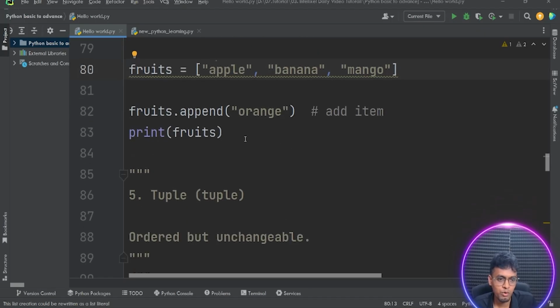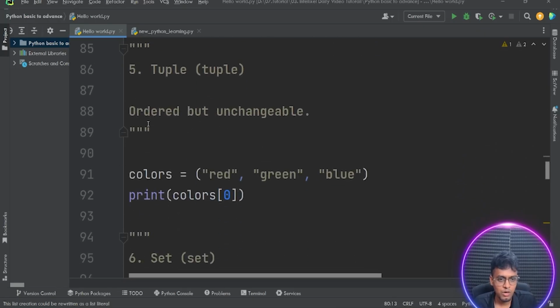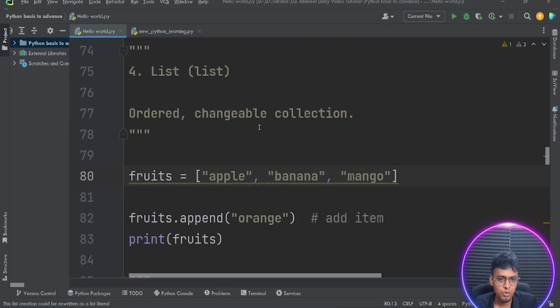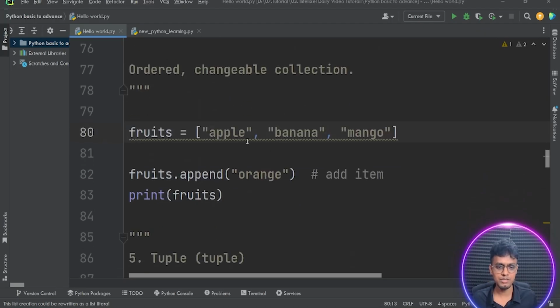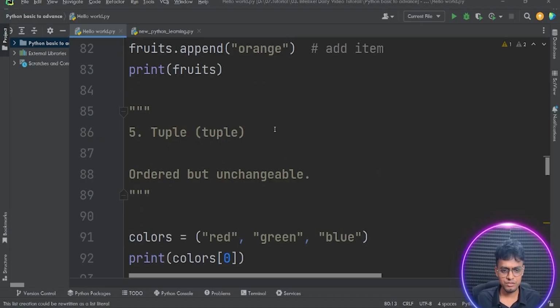So when we run the code, we just see apple, banana, mango, and orange also. Tuples are ordered but unchangeable, while a list is a changeable collection. That means you can change banana and append orange. You can change so many things in the list. But the difference of the tuple is that this is also ordered, but you never